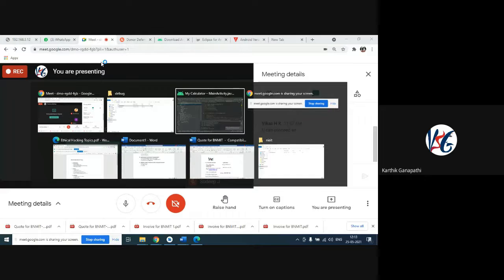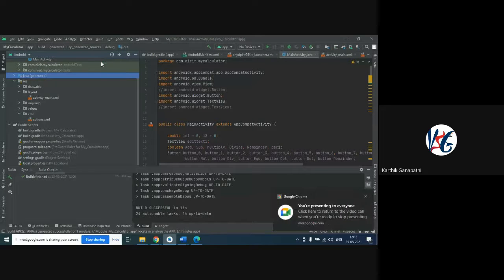To run this on your mobile phones, you need to enable some things. Just a minute, I'll just connect my data cable. Now you can see once I connect my data cable, what option you are going to get here. For enabling this, you need to enable the developer options on your mobile, and USB debugging needs to be enabled. So I'll just show you.